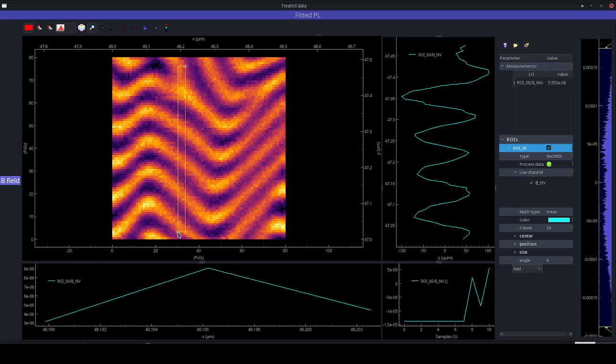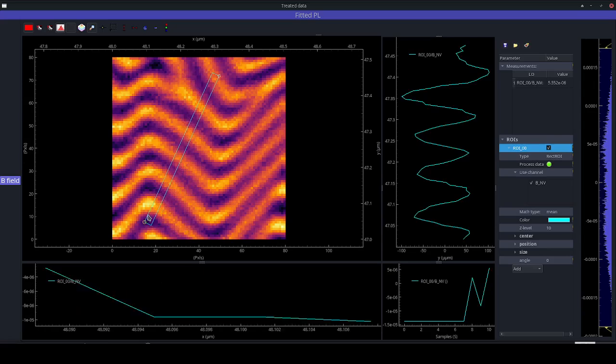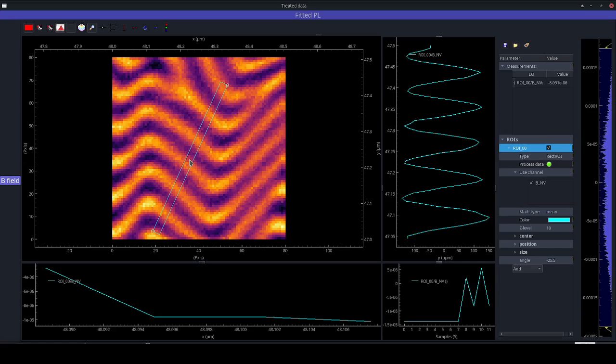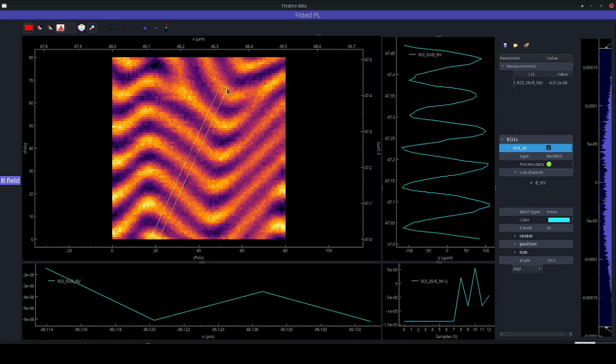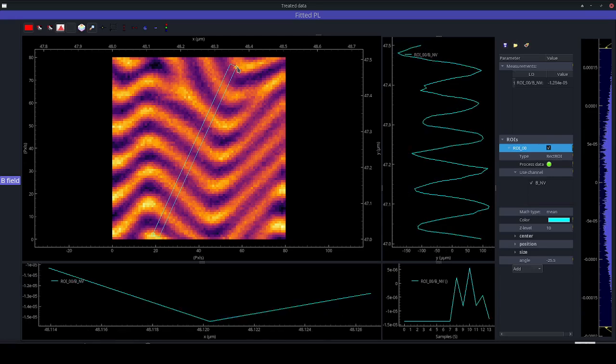And we can even rotate it to be perpendicular to the stripes. Something like this. Okay, even longer, we can do something like that. So, here you might get a bug by rotating the ROI if you use PyQtGraph 0.13, but with PyQtGraph 0.14, I did it here, you see it's